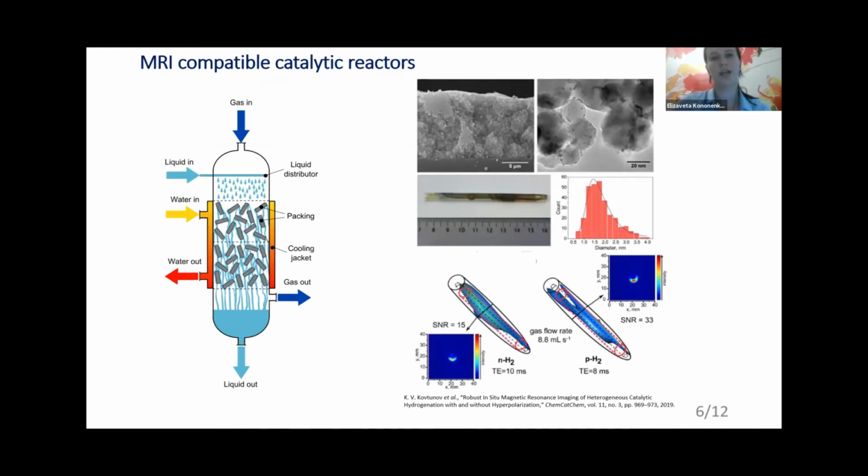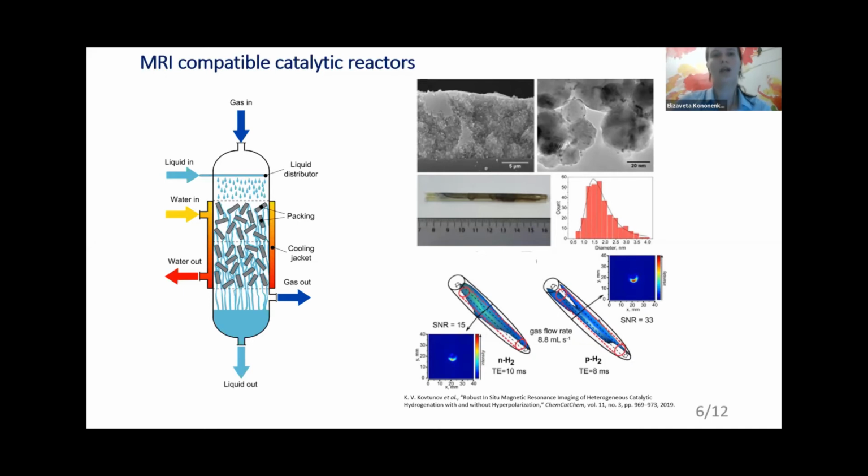In addition, in the case of studies of heterogeneous hydrogenation reactors, a significant sensitivity increase can be achieved by creating a reactor compatible with MRI studies. Typically, the reactor is a tube filled with catalyst pellets, which are usually various metals, and this type of reactor significantly distorts the uniformity of the magnetic field and leads to deterioration of the MR image or its complete loss. Therefore, it is necessary to create a reactor compatible with MRI studies in order to successfully use MRI to study